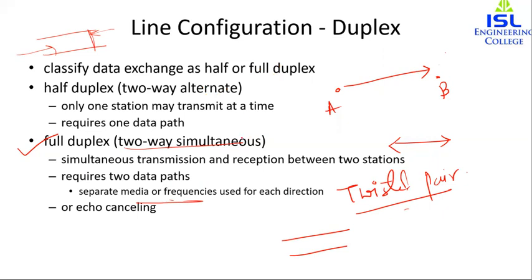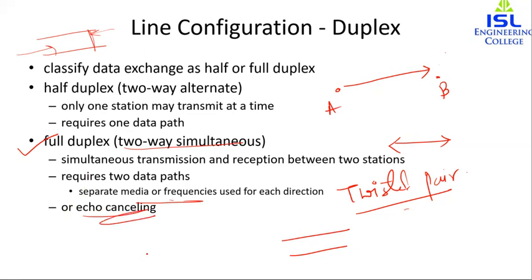If a station transmits and receives on the same frequency, it must operate in half duplex. If the frequency is the same for transmission and receiving, that is, at the same frequency we are transmitting the message and we want to receive the message, then in that case it should be half duplex. If the frequencies are different for the transmitting line and the receiving line, then we can have it as full duplex. Now, it is possible to transmit digital signals simultaneously in both directions on a single transmission line using the technique which is known as echo cancellation.